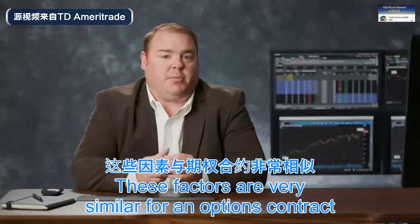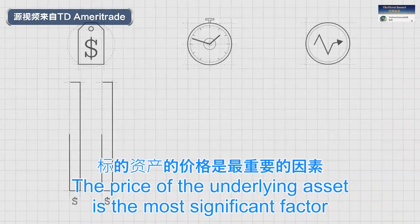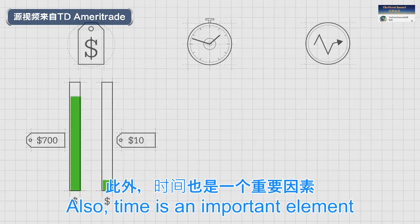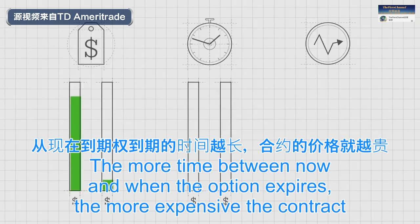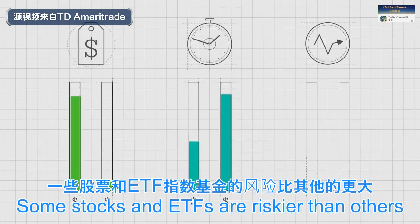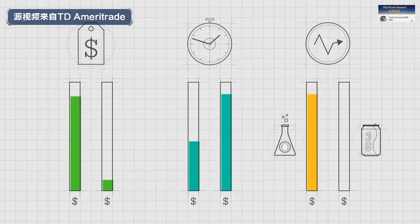These factors are very similar for an options contract. The price of the underlying asset is the most significant factor. Options tend to be more expensive when the underlying stock costs $700 rather than $10. Also, time is an important element. The more time between now and when the option expires, the more expensive the contract. And lastly, there's implied volatility. Some stocks and ETFs are riskier than others. Some stocks like biotechs, for example, could be considered the teenagers of the investing world, while blue chips with healthy dividends are more like mature, stable elders of